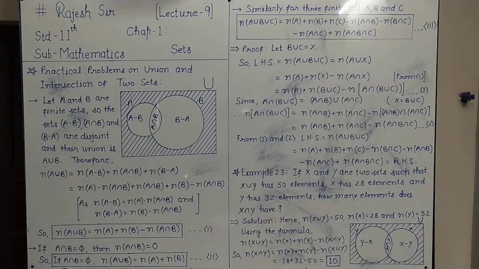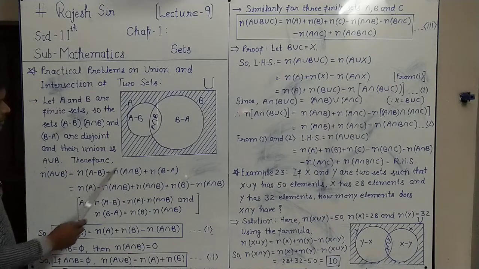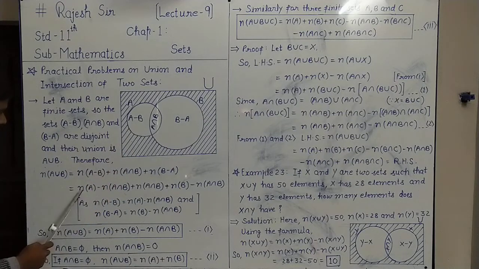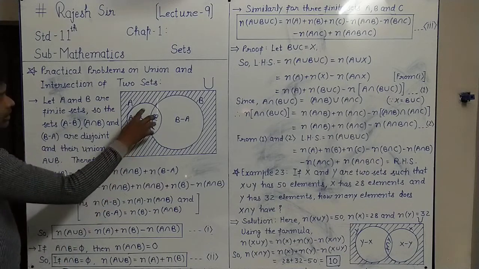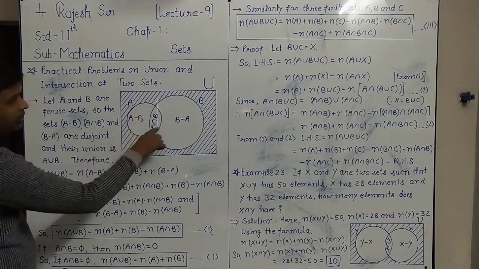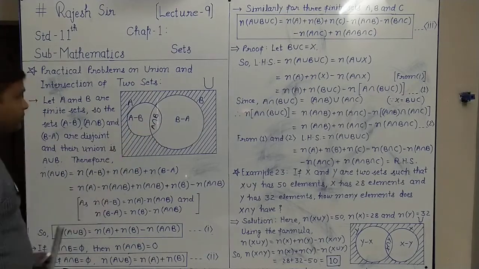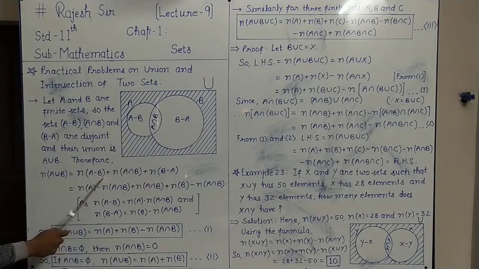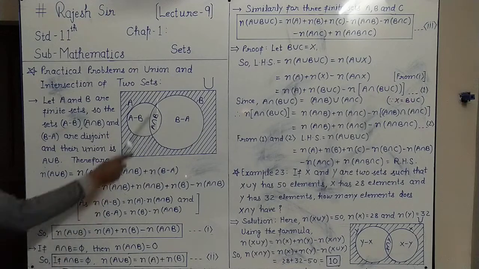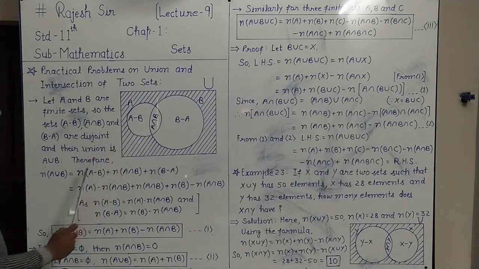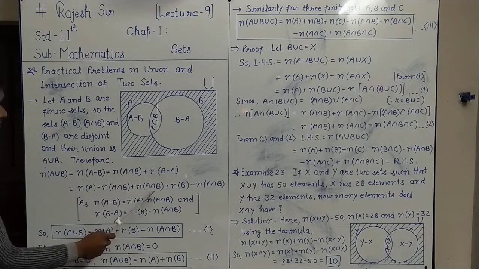Now n(A minus B), this portion, is actually n(A) minus n(A intersection B). That you can also understand from the Venn diagram. This is the whole n(A), the set A. From that, if we subtract A intersection B, we get n(A minus B). By the definition of the difference of two sets, we have seen that n(A minus B) is n(A) minus n(A intersection B). So n(A union B) equals n(A) minus n(A intersection B), plus n(A intersection B) as it is,